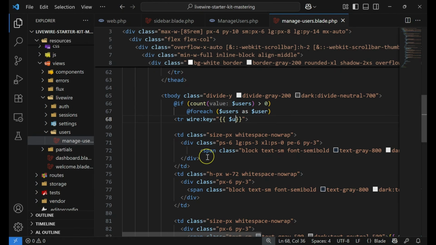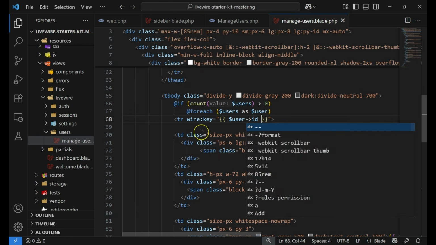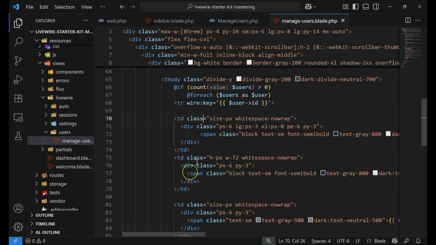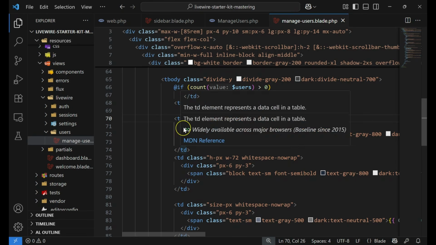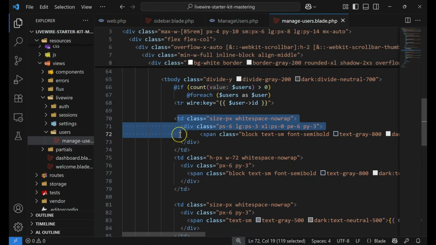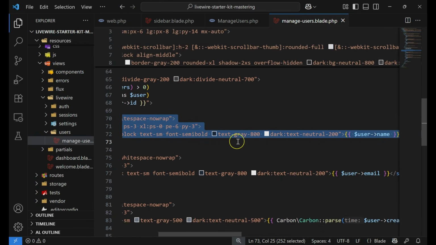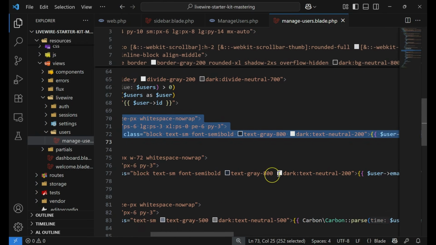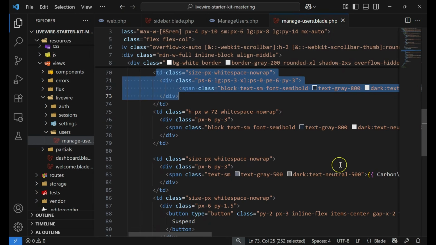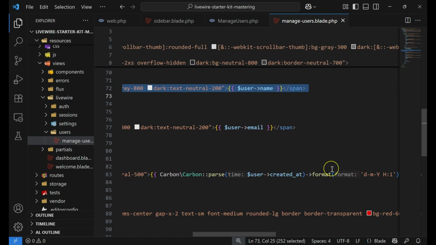So let's say users, user, then ID. So this will help Livewire to track any changes that will happen in your listing. And then we have the table body that shows the name of our user, which is this one. We have this one for email. As you can see, it shows email, and we have this one for date, which I've passed the created at